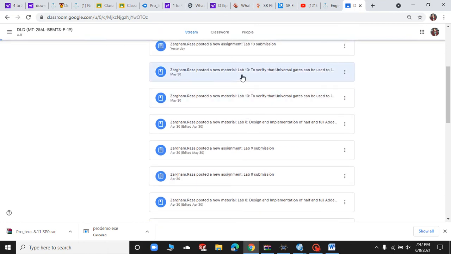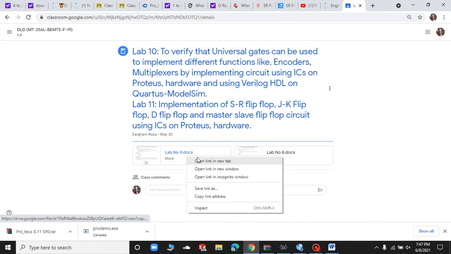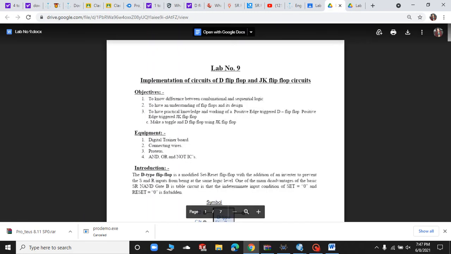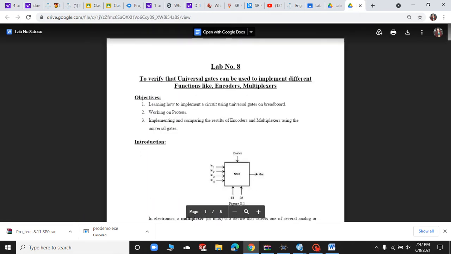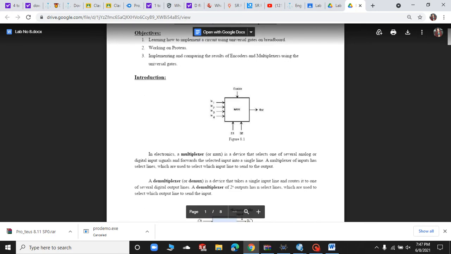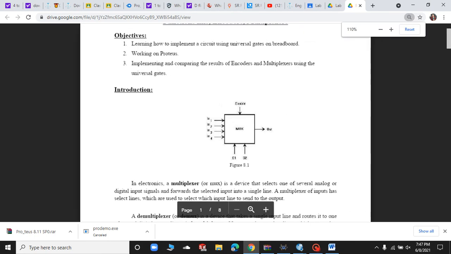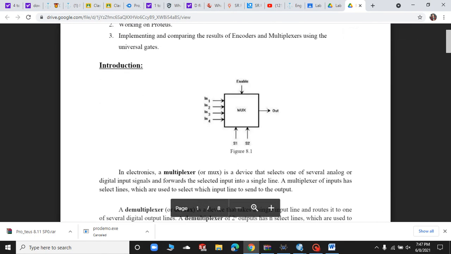Over here we have the manual. You can see over here the circuit for the mux. A 4 cross 1 mux contains 4 inputs and a single output. The multiplexer is basically a device which gives a single output and has multiple inputs.